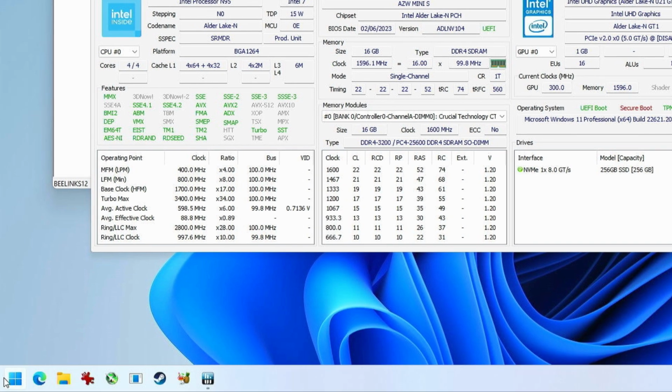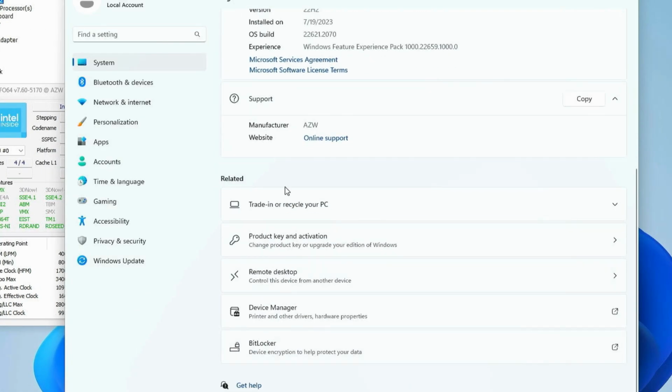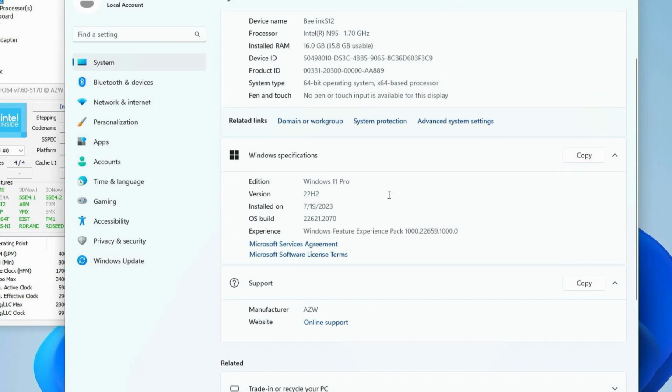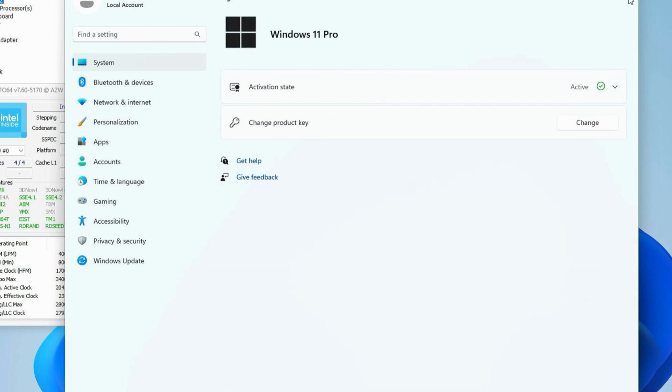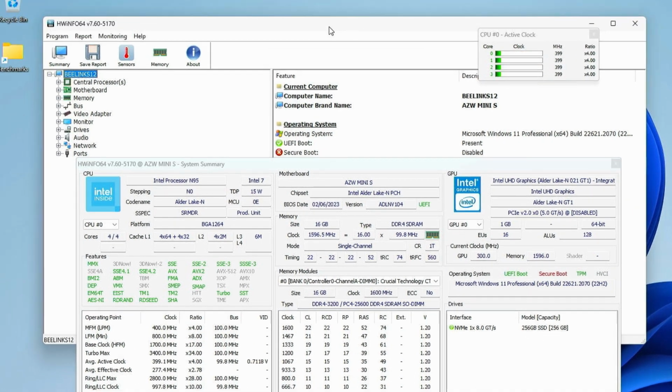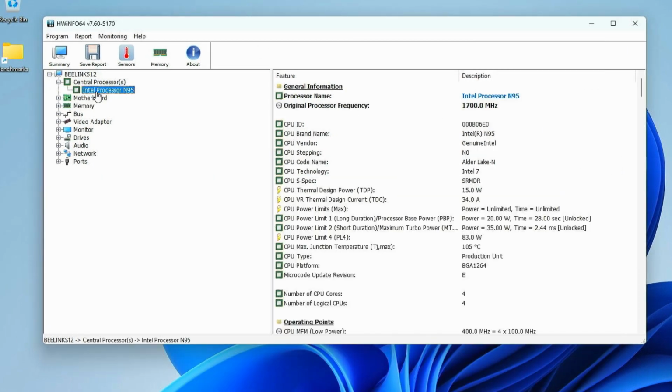And so if we go to System, down to, there it is, Windows 11 Pro, and it is activated, no problem. We go over here to some of the details. Again, there's a CPU, N95,